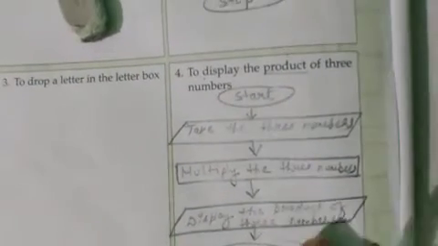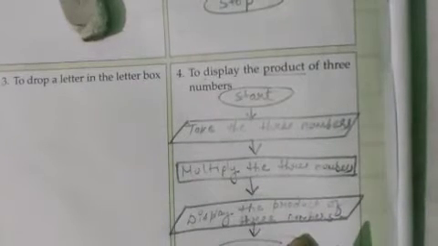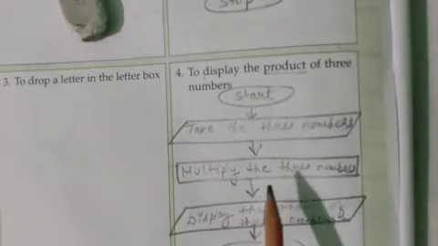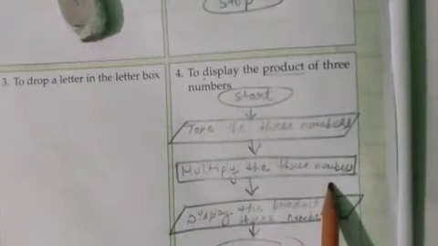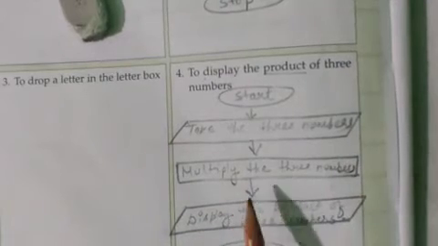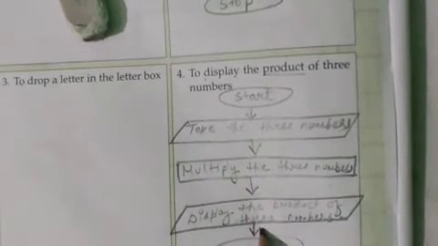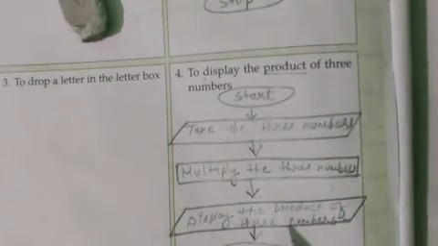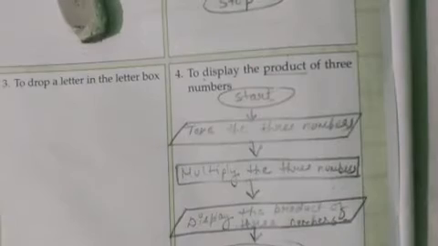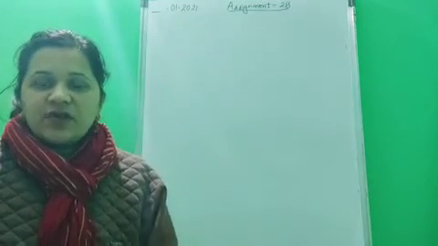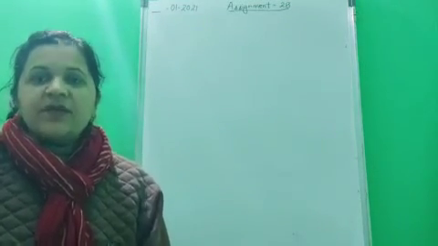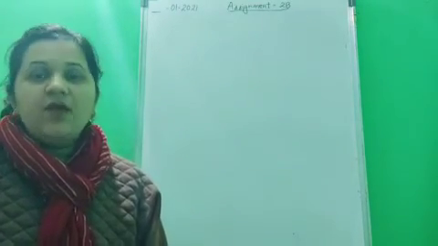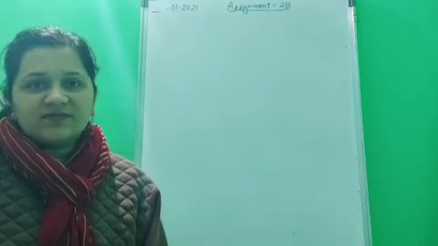So now children, I have checked many books and notebooks through mail. Students have not written the proper answers, not written the proper steps, and also have not drawn the proper symbols. So now take help from this video. I have written all the answers in the book. Now note them down carefully in your notebook and spell the words correctly. Children, I hope you all have understood the question answers. Those who have done the question answers, if you have done something wrong, then you can correct it from here. Also, you have to correct them in your computer notebook as well, if the questions are given in your notebook.